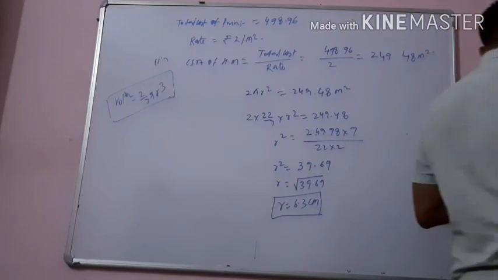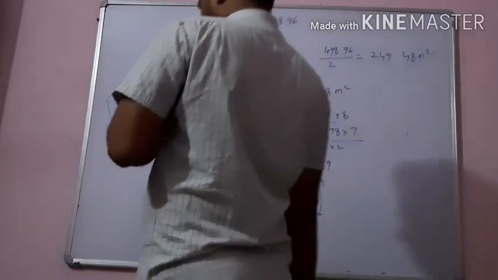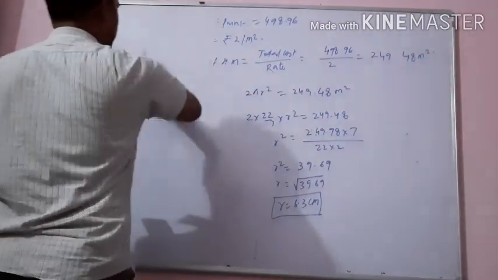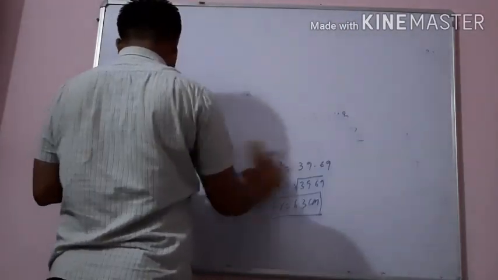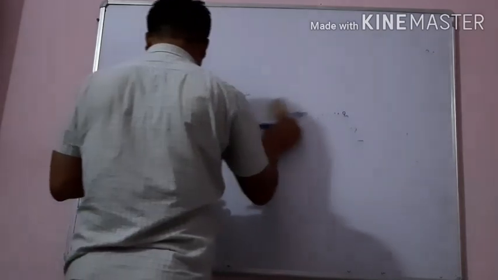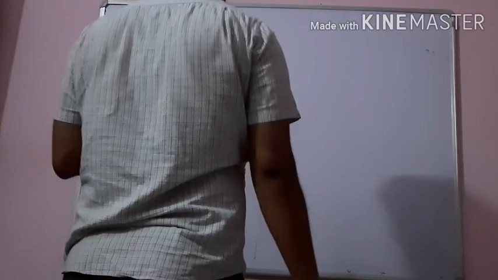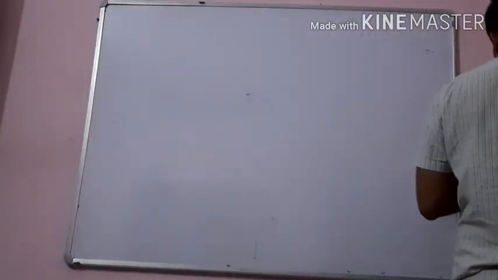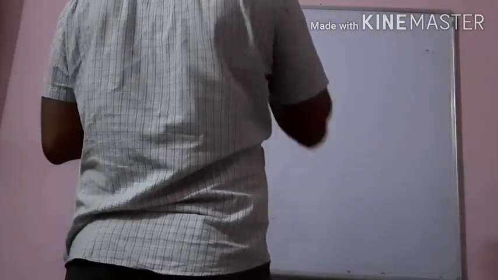Now moving to the last question, that is 9. I am doing question number 9 and the remaining questions you will solve by yourself. So read question number 9. 27 solid iron spheres, each of radius r and surface area S, are melted to form a sphere of surface area S dash. Find the radius r dash and the ratio of S to S dash.